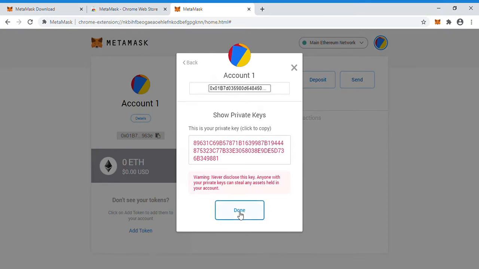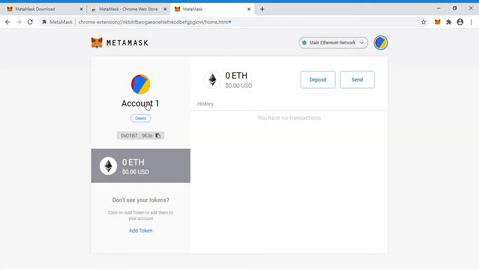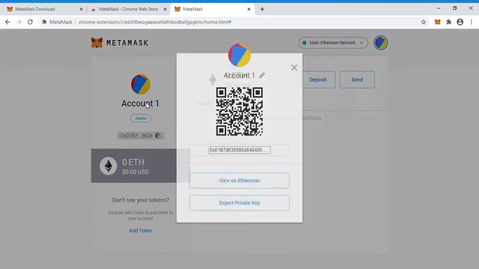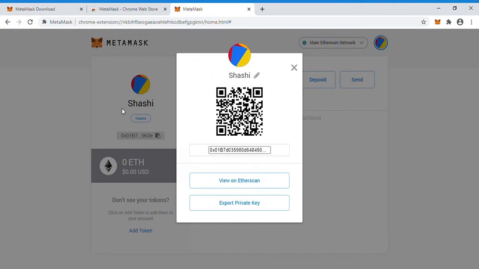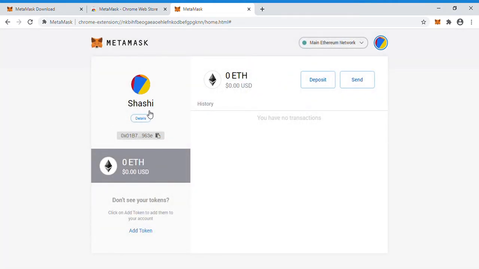Okay, and it is possible to change the account name. So there is Account 1, and I want to change the account name. Like I want to give my name as the account name. So that is possible. I'm trying to give Shashi as the account name. Yes, it is possible. Now you can see that the account name is Shashi. So in this account we have 0 ethers. This is Ethereum MetaMask, so if you want to perform some transactions, we should have some ethers, right? Basically I have 0 ethers, so I need some ethers.